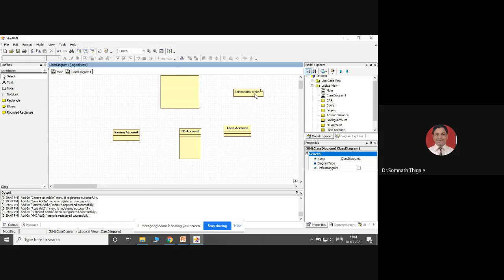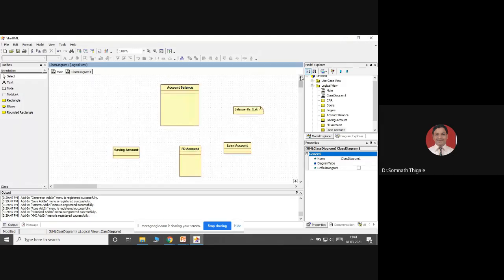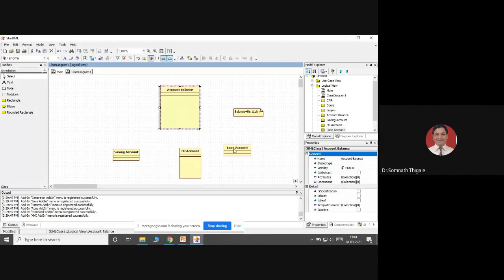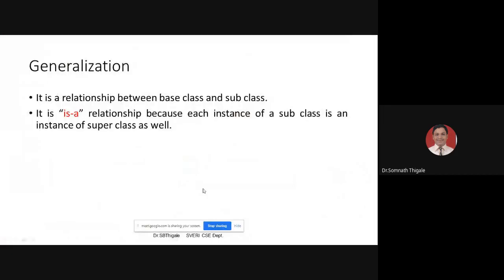But I want to know how much amount is there in my saving account, how much is there in my fixed deposit account, so that I can justify this generalized statement. So you want to show the relationship between this and these different accounts. At that time you can take the help of a relationship called generalization.